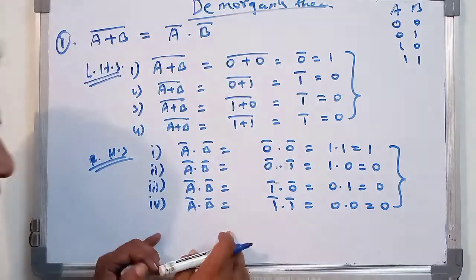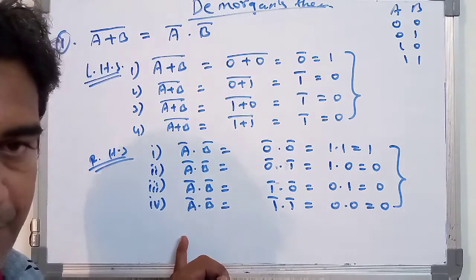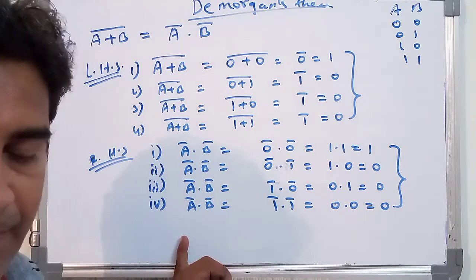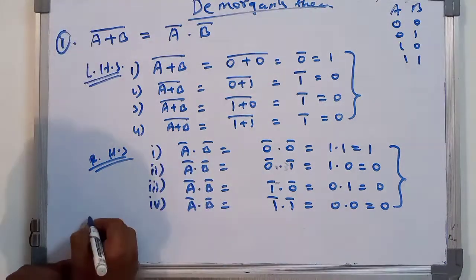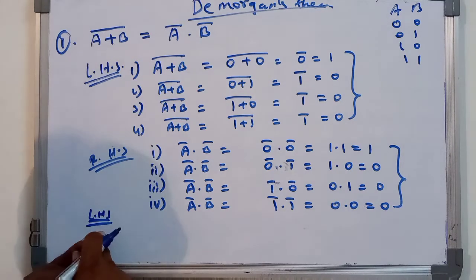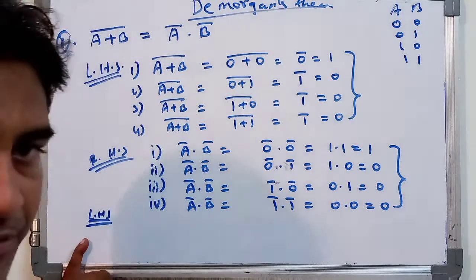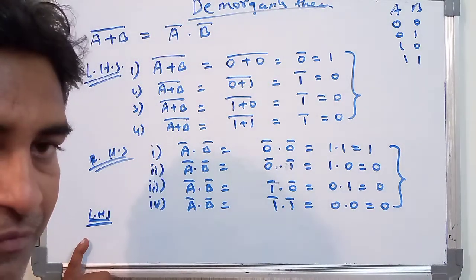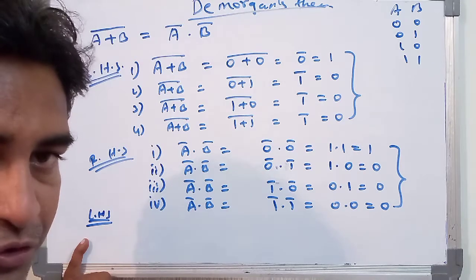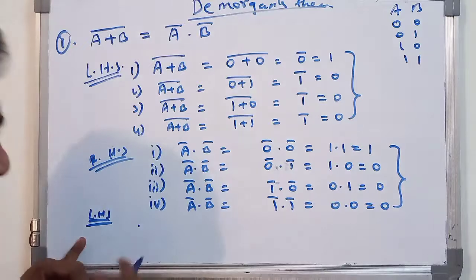Okay. Now after this, you have a diagram. Again the left hand side should be equal to the right hand side. Now how to draw that particular diagram? Consider the left hand side, that is a plus b whole bar. According to a plus b whole bar, what is the logical diagram? What is the logical gate which is used? That logical gate is nothing but, here you may draw like this.